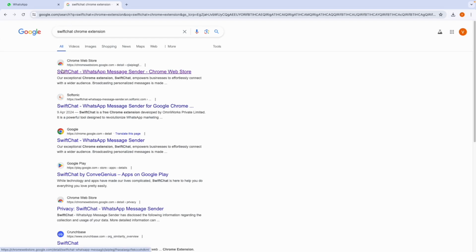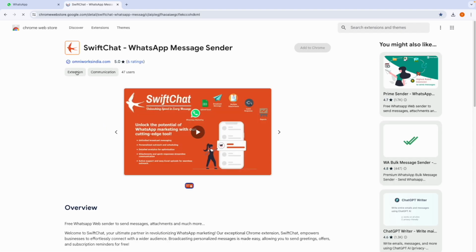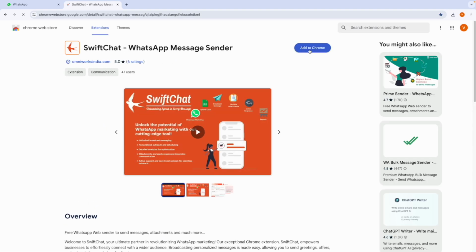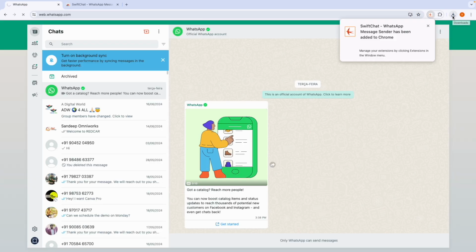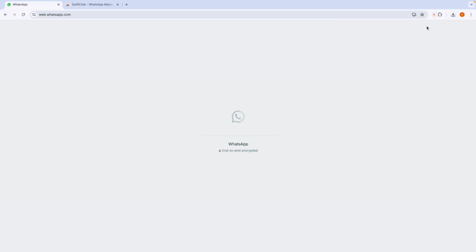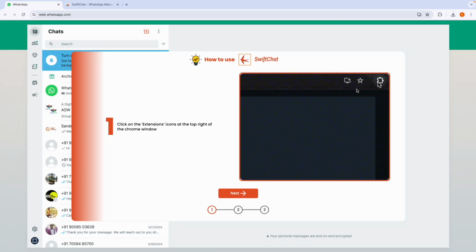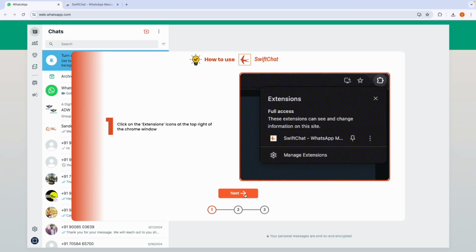The first link that you receive will move to Chrome Web Store. Clicking Add to Chrome button, the Chrome extension will be added to your extensions list. It will take a couple of seconds to download. Once it is added, you'll be able to start using it. So these are the instructions